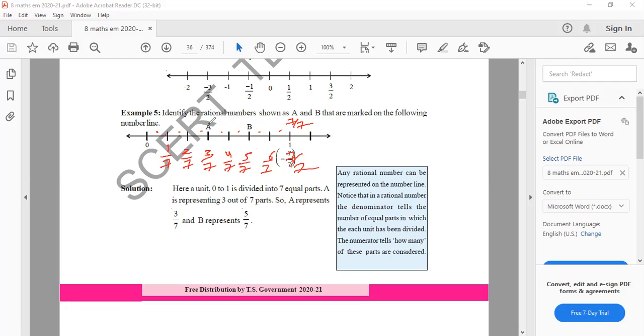So for the total number line, you can count how many parts there are, and write that over itself, 7 by 7. If 1 is there, you can write it out. Otherwise, you can split the parts accordingly. This is the first part, that is 1 by 7, 2 by 7, 3 by 7, like that. What's the value of A now? 3 by 7. What's the value of B? 5 by 7. You can write the answer now from the given question. Clear or no? Now clear. Okay. Now we switch to the next question.